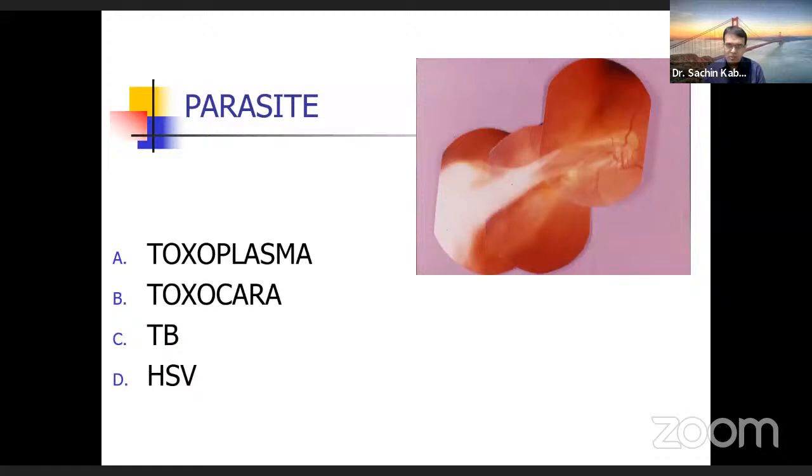There is no history of prematurity, so ROP is ruled out. The time starts now. Giving you a clue, this parasite is seen in dogs. Toxoplasma, Toxocara, TB or HSV. The time is up. The answer is obviously